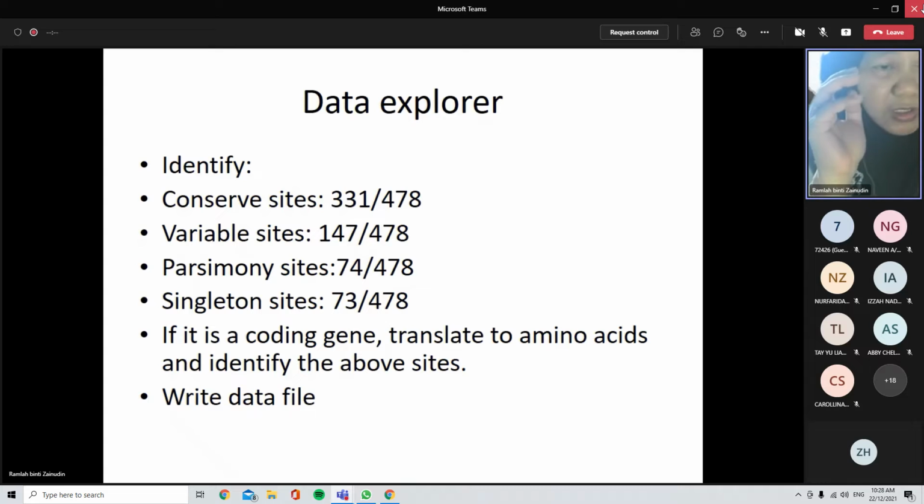to infer this particular relationship. For the data set example here, we look at the population level. So when you have 74 out of 478, which is quite okay, because they have enough signal. This is called the signal on the common descent, which is the parsimony, to indicate the relationship. So kalau dia hanya ada 1 atau 2, that means you have to redo the target gene. You have to choose another target gene, because some genes, let's say, are very highly variable for frogs but very conserved for birds. So that's why you have to play around with the target genes of your interest, so that you can give enough